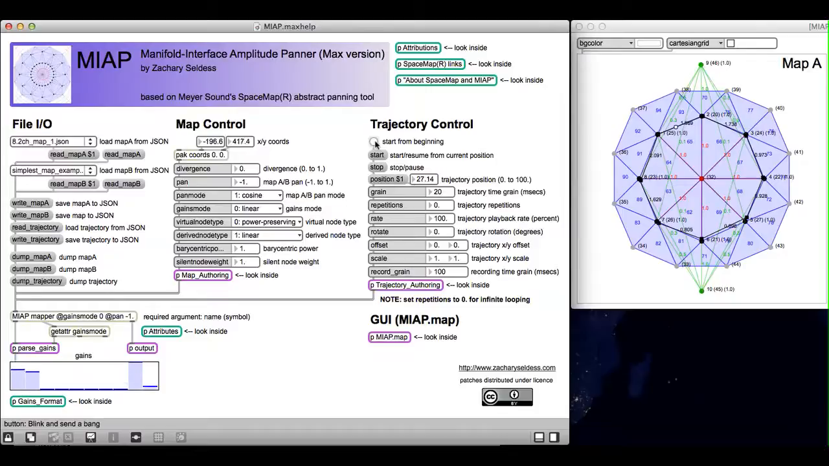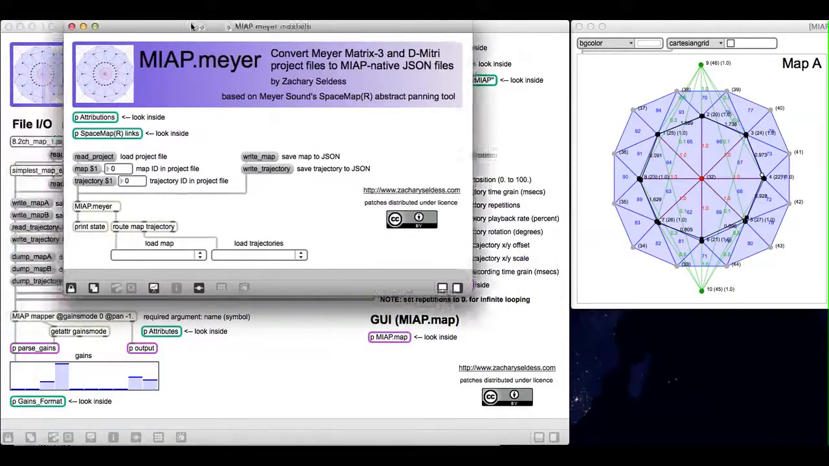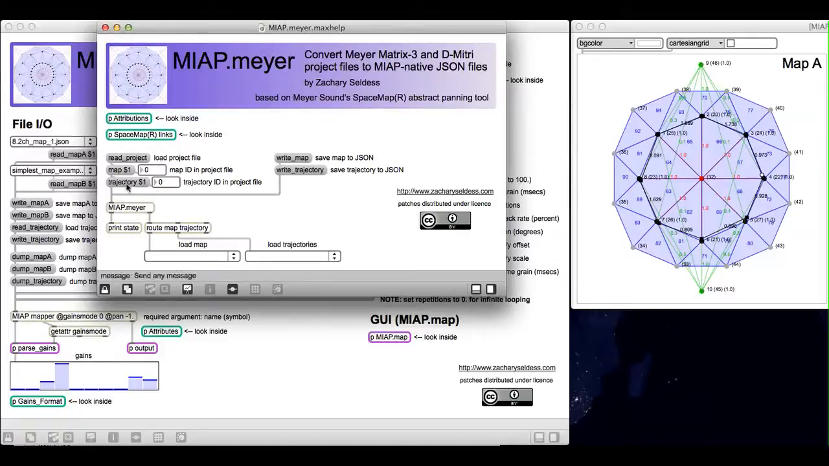So once you've got trajectories like that, you can write them. You can also read trajectories. It writes them to a JSON file format similar to the maps. And by the way, you can also export trajectories from Meyer project files. So in the MIAP.Meyer object, there's also a trajectory message, and it will show you the loaded trajectories, and you can write the trajectory just like you write the map. So you can load in a trajectory, select the right one, and then write it to a JSON file,